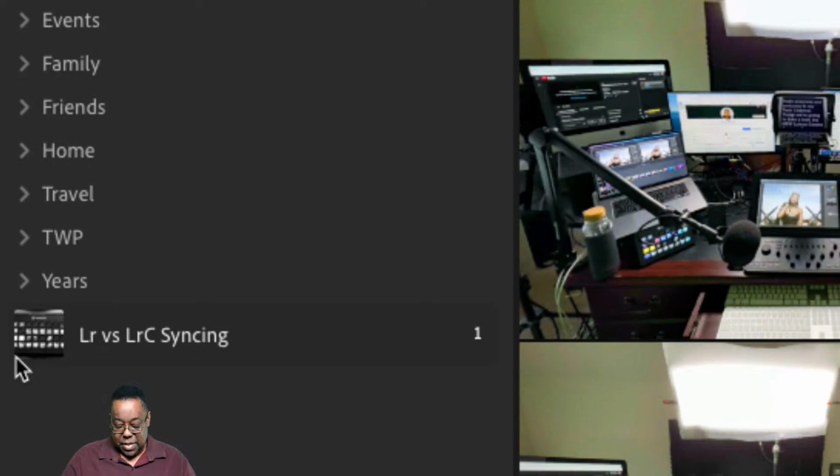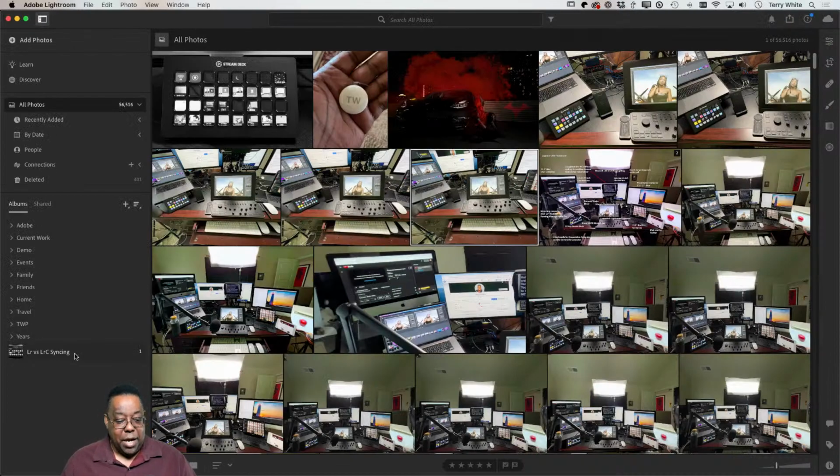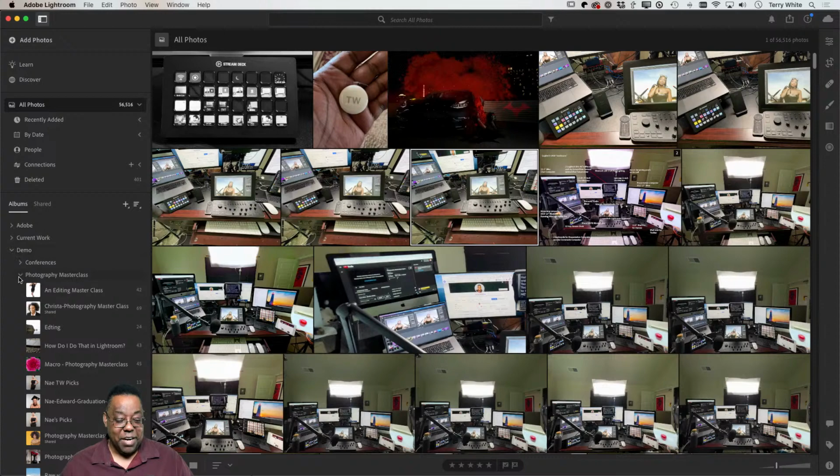Okay. Now, notice it just stuck that new album on the end of the list. And on Classic, I had it organized in a collection set. Well, there's no such thing as collection sets. That's why I stuck it on the end of the list. In Lightroom, these are actually called folders. And that's a whole different thing in Lightroom Classic. They're totally different meanings. So I'm going to go to the folder for demo. There's my Photography Masterclass folder.